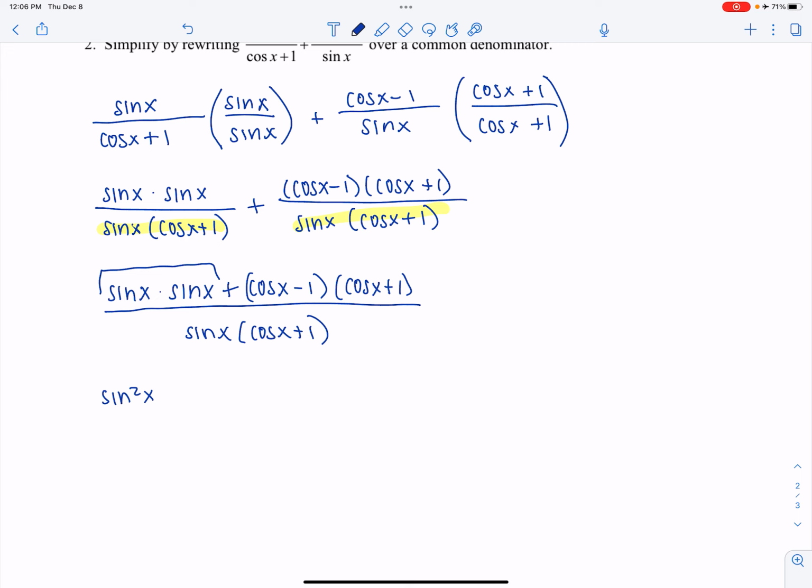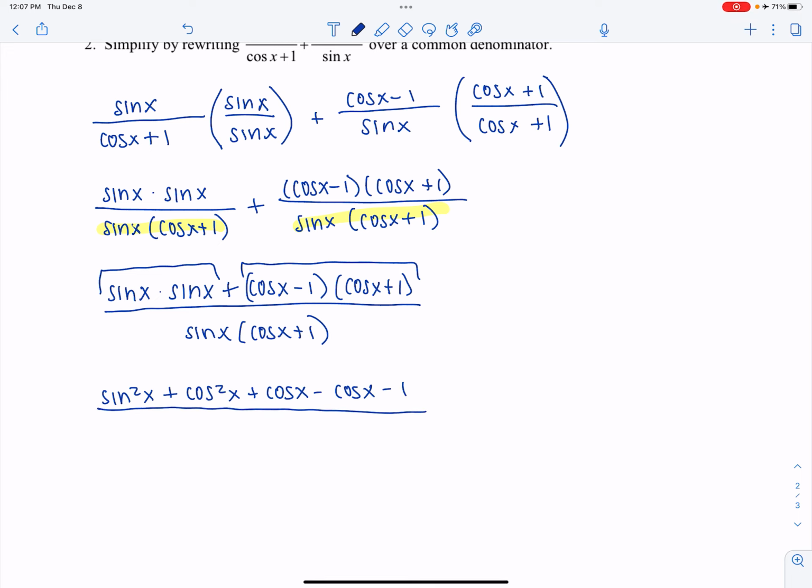And then if I multiply these out using cosine times cosine, cosine times 1, cosine times -1, and -1 times +1, right? Multiplying these binomials, we will have cosine squared of x plus cosine of x minus cosine of x minus 1